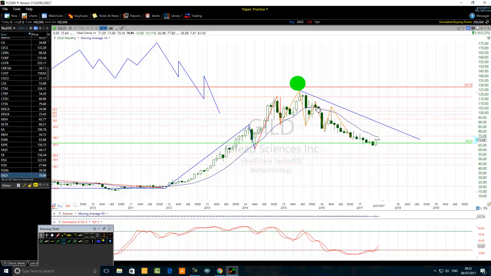So now that you see 1, 2, you see this one here, 3 is not the longest. It does not have to be the longest. If it's not the longest, we need to remember that it can also be subdivided into 5. That's what I want to say. So as we see like this, 1, 2, 3, sometimes that's the third wave of the C part of the flat correction